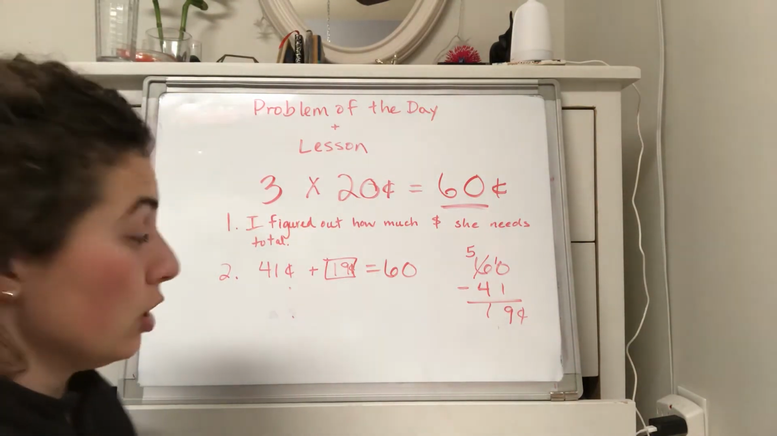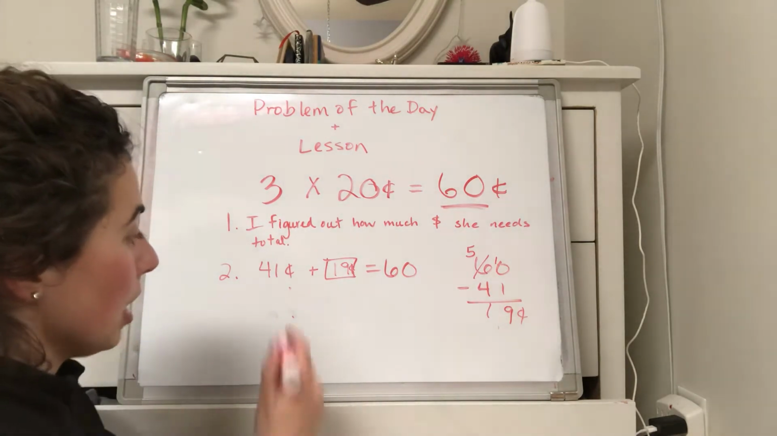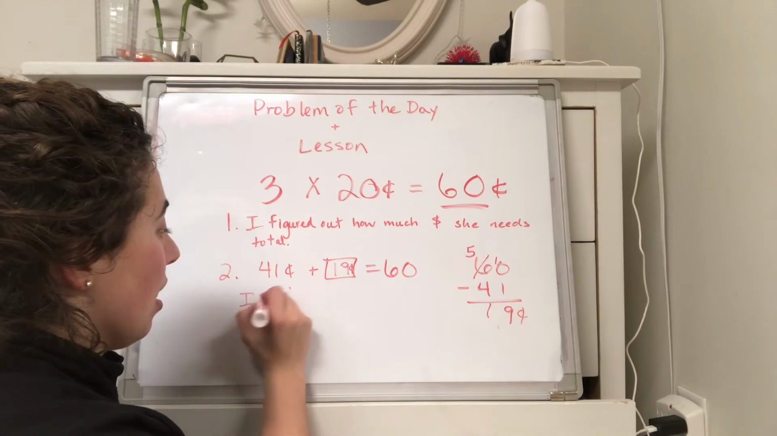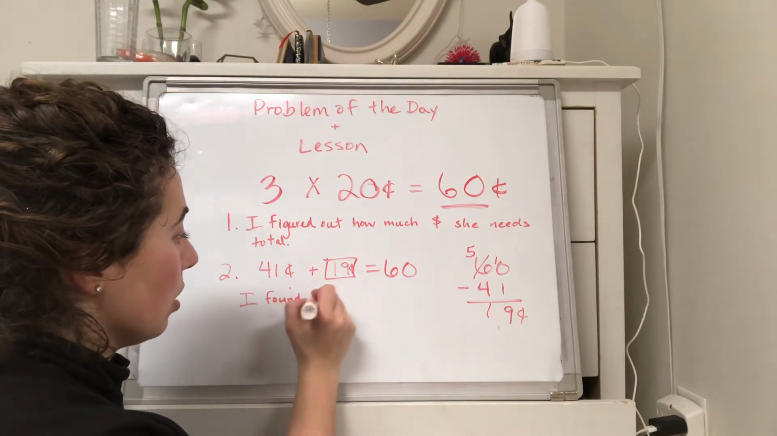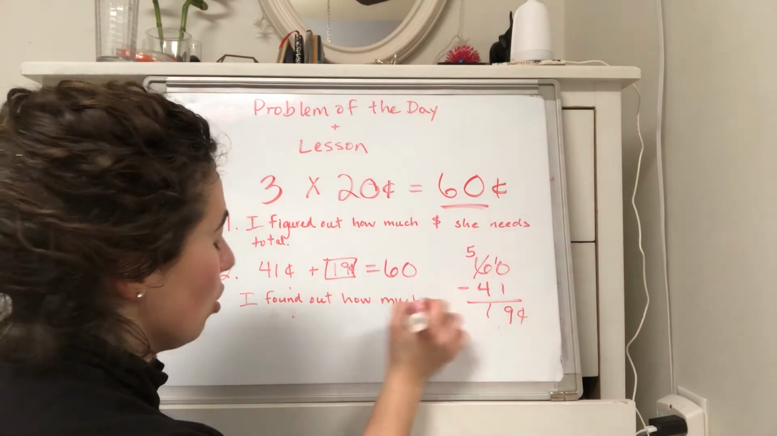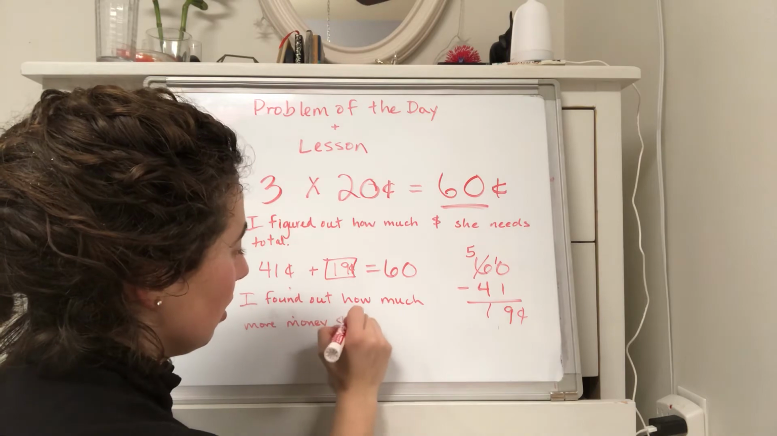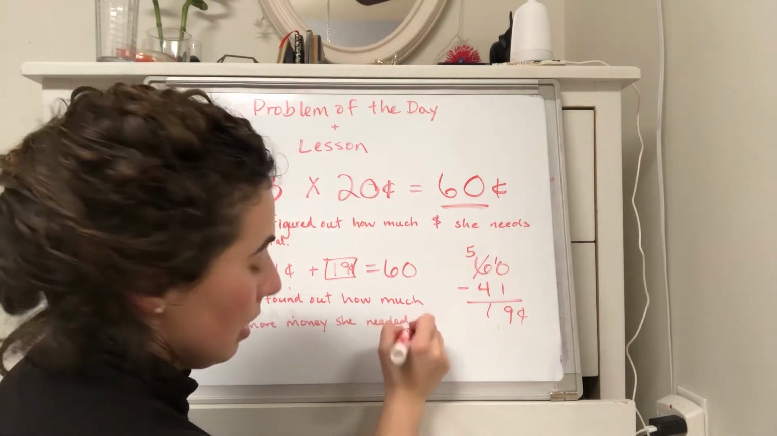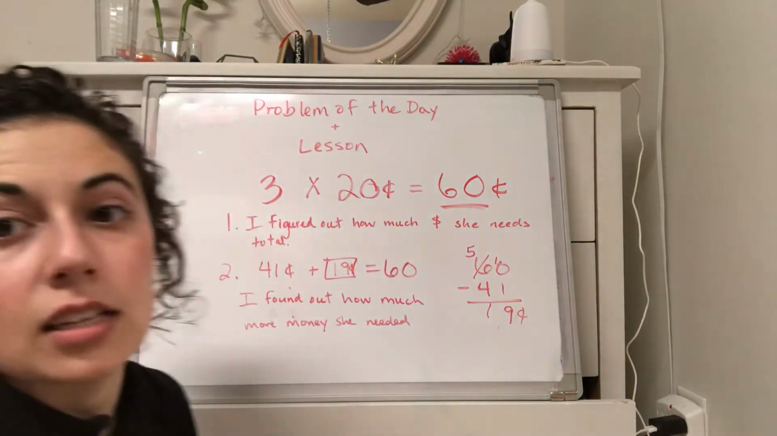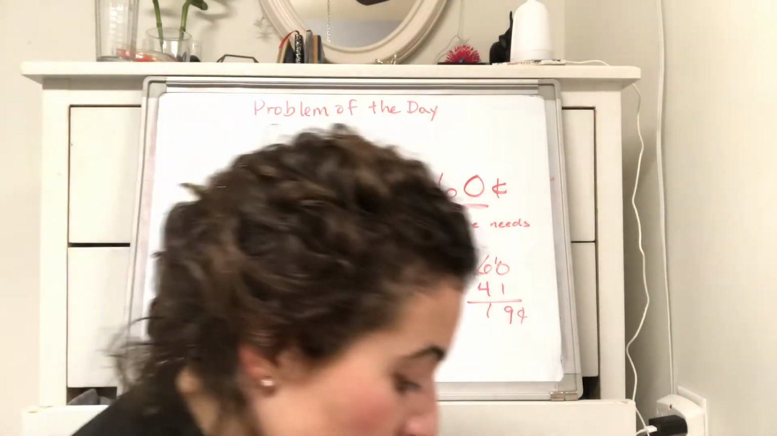What you would write, this is your work you would show, one of these for step 2. What you would write for step 2 is, I found out how much more money she needed. I'm writing kind of messy because I figure you guys will know how to write these. And then